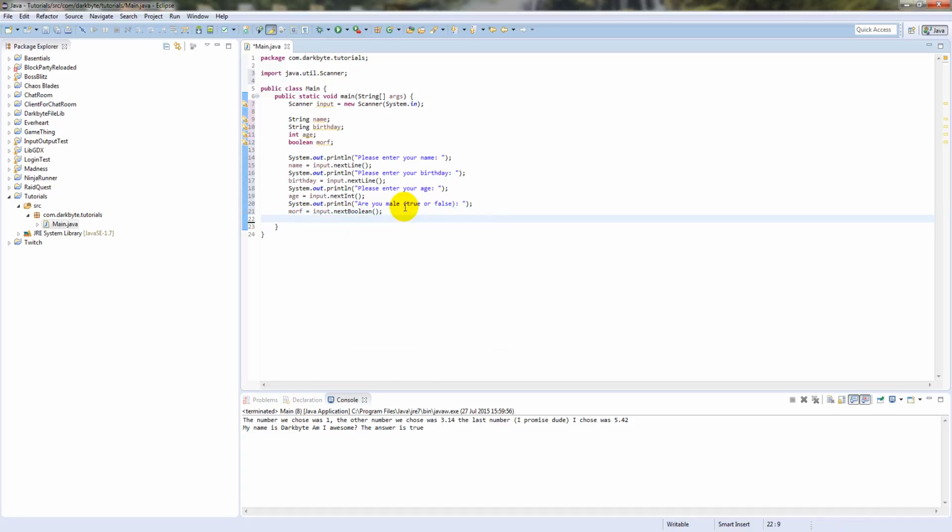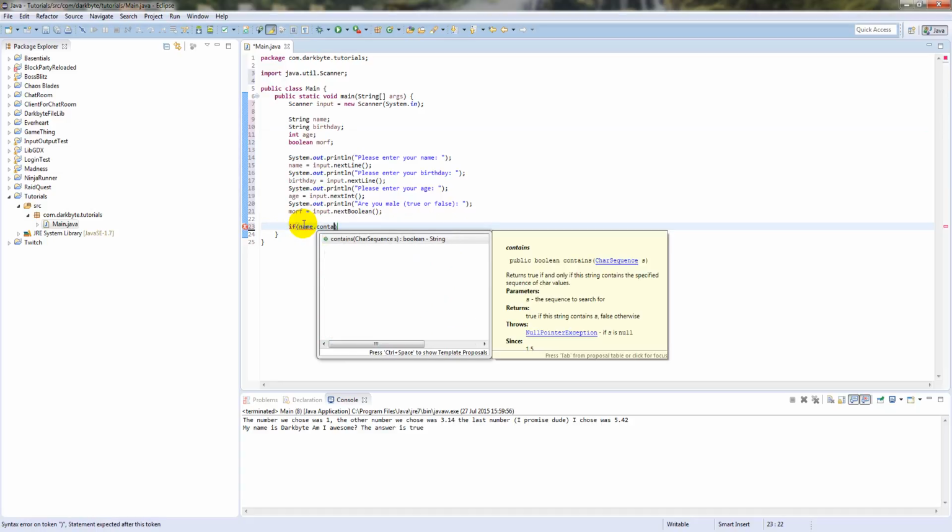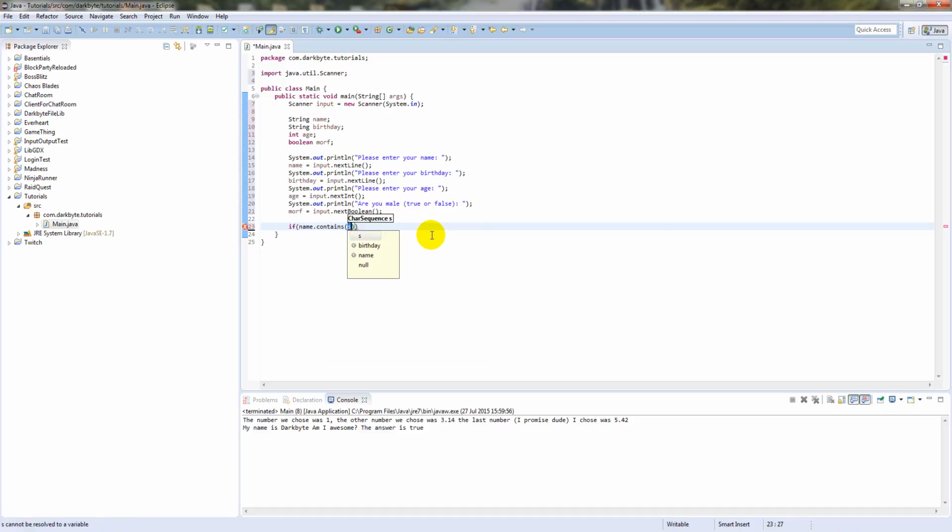And then what we're going to do is do an if statement. As you can see, it comes up as purple, which means it's a keyword. String doesn't, because string is an object, and it's kind of weird in Java. So if name dot contains. We're going to look at some of these string methods, because string is an object, so obviously it's going to have some built-in stuff in there. So contains, and we're going to put in a there, because we want to check if their name contains an a, since mine does. So we're going to check if it contains an a, and then we're going to go sysout